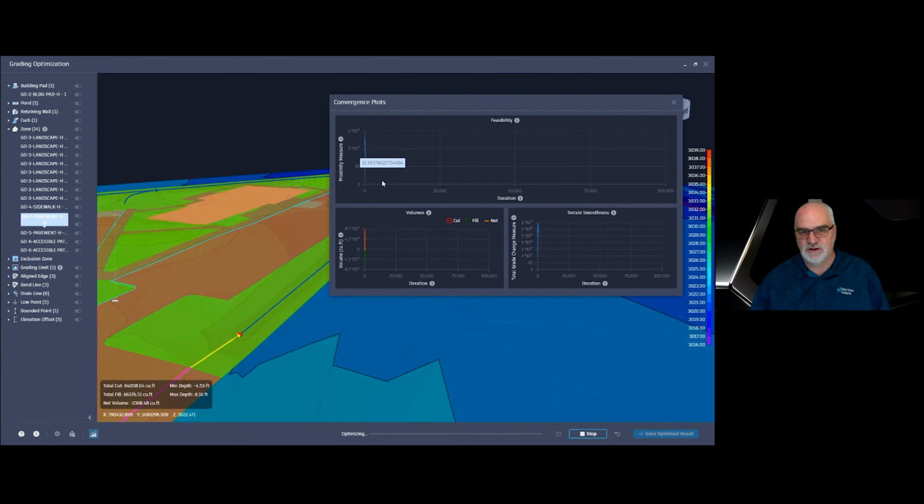If I let it run, it's going to continue to come down here, and you want it to eventually flatten out. And that tells you it's probably about as best it's going to be. If you don't want to wait for 100,000 iterations, you can stop it anytime and then move on. Shows you the cut and fill volumes here, and then what it's doing for the terrain smoothness. So that's your convergence plot.